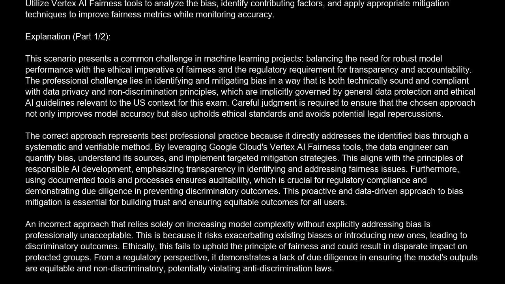An incorrect approach that relies solely on increasing model complexity without explicitly addressing bias is professionally unacceptable. This is because it risks exacerbating existing biases or introducing new ones, leading to discriminatory outcomes. Ethically, this fails to uphold the principle of fairness and could result in disparate impact on protected groups. From a regulatory perspective, it demonstrates a lack of due diligence in ensuring the model's outputs are equitable and non-discriminatory,